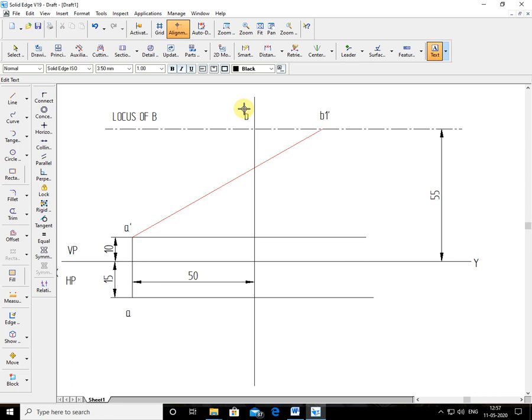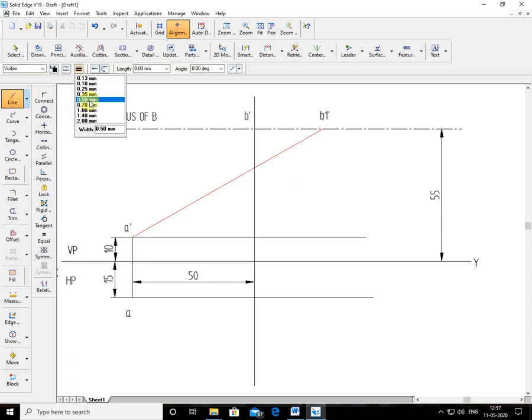That means I join this line by thick line. I join this by thick line. Okay, a little bit change the value, 0.5, I'll change it to 1, because you can see clearly in the video. Okay, right? So this is the thick line. Next what? You have got front view now. Next you have to get the top view.